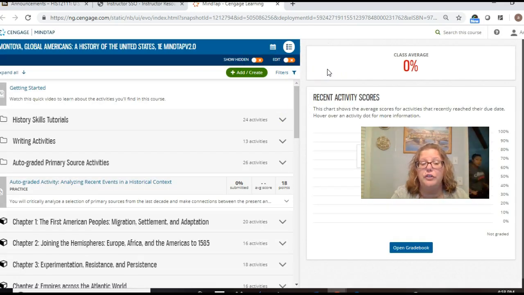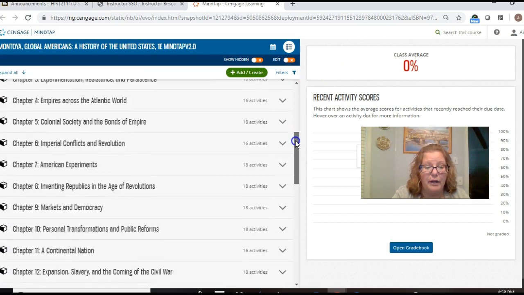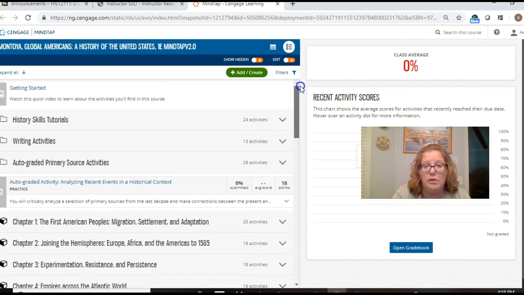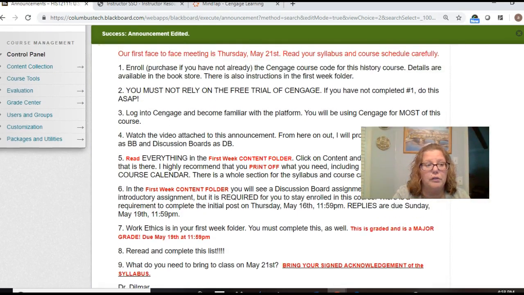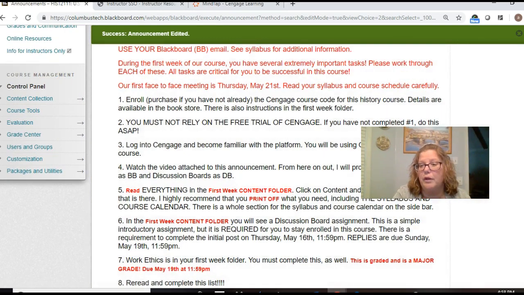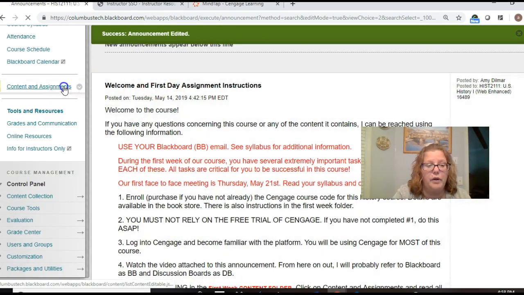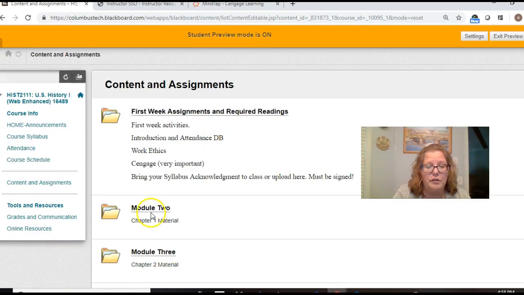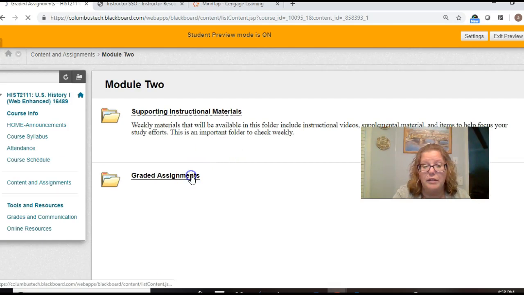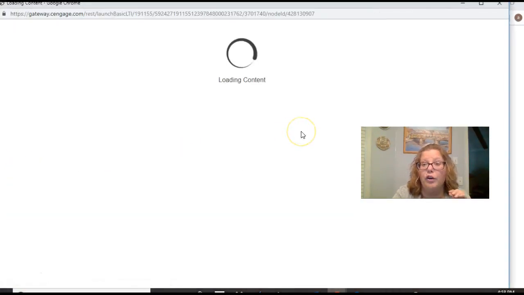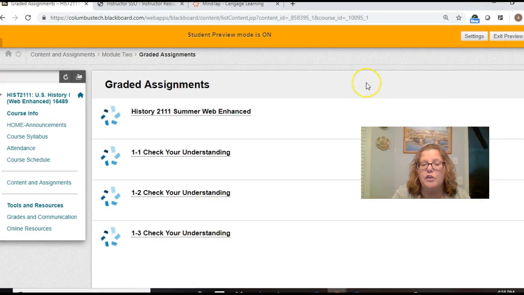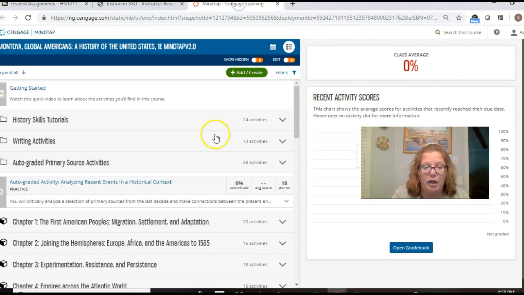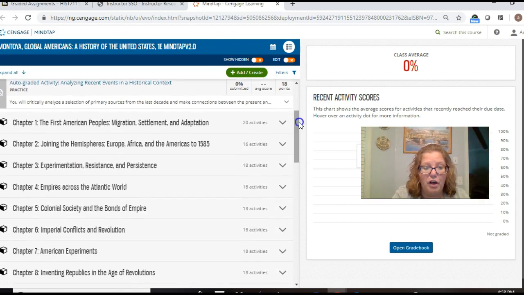So when you log in to your textbook, this is what you're going to see, all of your chapters. If you log into your textbook here, it's going to take you directly to the assignment, the graded part. But obviously you don't want to do the graded part. Well, I've got to open it on the other screen, sorry. So you would X out of that graded part and go back to your chapters,